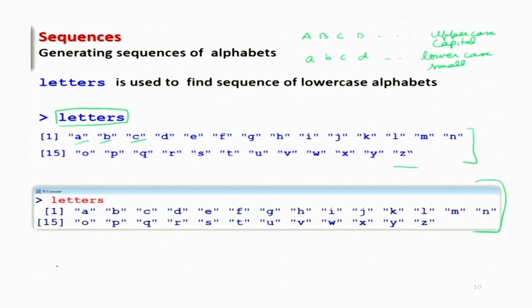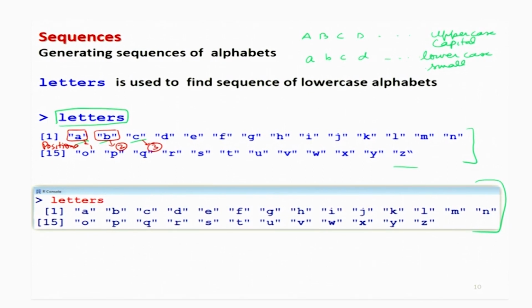Suppose you see this a is coming here, this b is coming here. If you try to understand the positions or locations of these alphabets, the position for a is 1, for b the position is 2, for c the position is 3, and so on. So it is just like the index of these alphabets. These particular alphabets can be called by their location, and